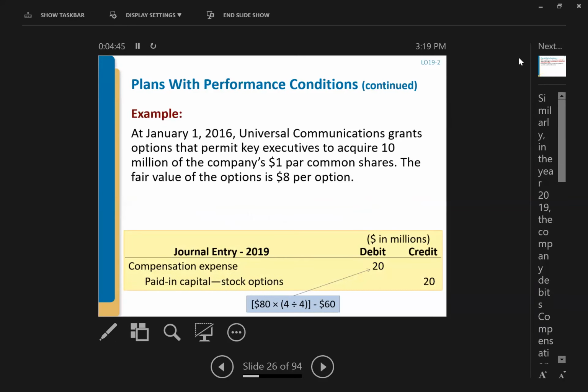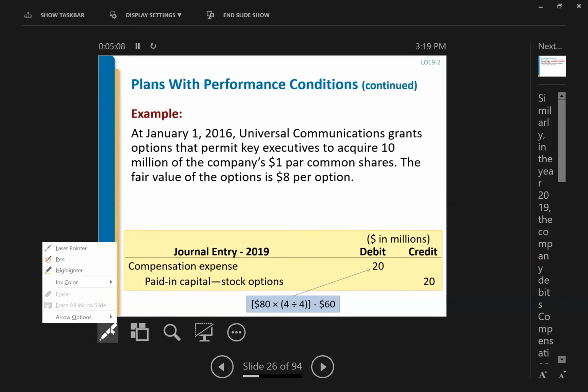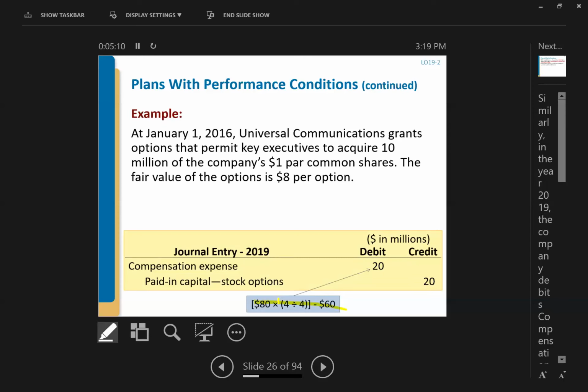Then finally, in 2019, when we actually do, because at the end of this year we've met that criteria, we would expense just that last year or the remainder portion. That's what they're showing us down here. So let me show you. Down here, they're showing us the calculation that, hey, we already recorded the